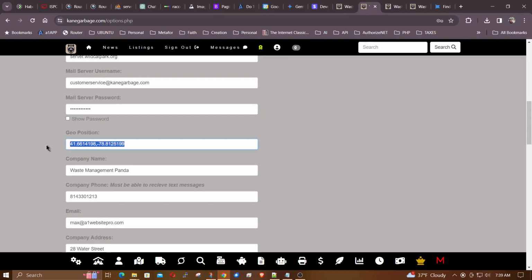This is the geo position of your business location. This is the latitude and this is the longitude. And this will be set up for you by me, of course. And basically, that's just a map positioning for people to get directions to your place and be able to see